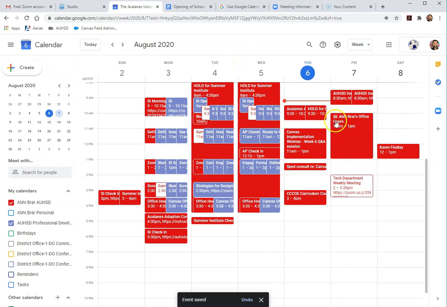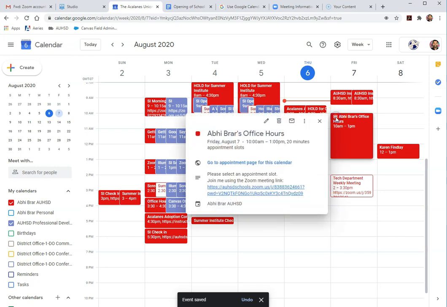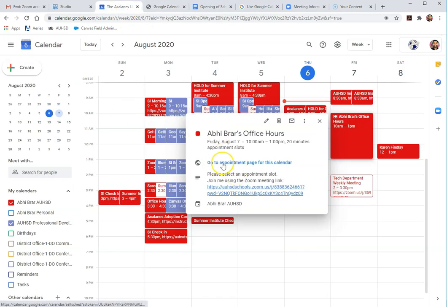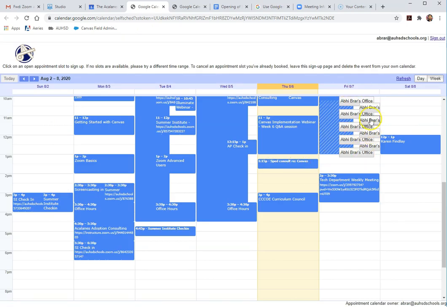And you know that you've created appointment slots because there's a little icon that looks like a little box with a window frame. If I go to this appointment page for this calendar on the web, here's what it's going to look like. So here are all my appointment slots, and you can copy this URL and just put it in your email to students and parents, or you can put it in your signatures, like, Friday's appointment slots. And when somebody comes in to this calendar page, when they see these, they'll click on